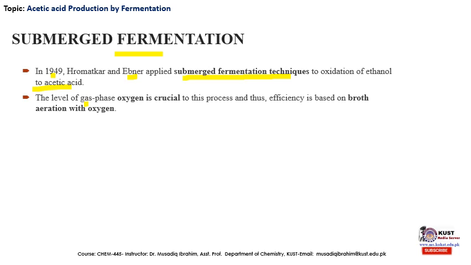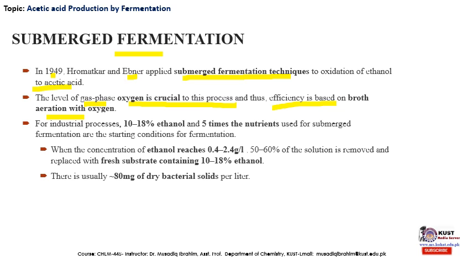Now the level of gas phase oxygen is crucial to this process, and thus efficiency is based on broth aeration with oxygen. So it is a kind of aerobic process. For industrial purposes, 10 to 18% ethanol and 5 times the nutrients are used for the submerged fermentation, and these are the starting conditions for the fermentation